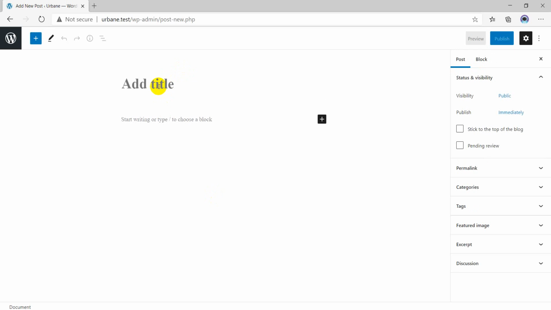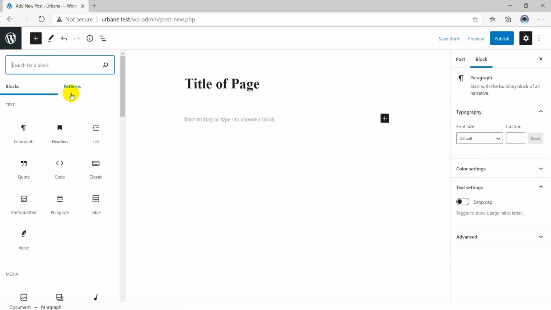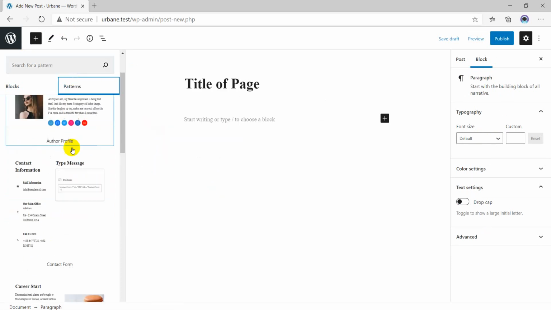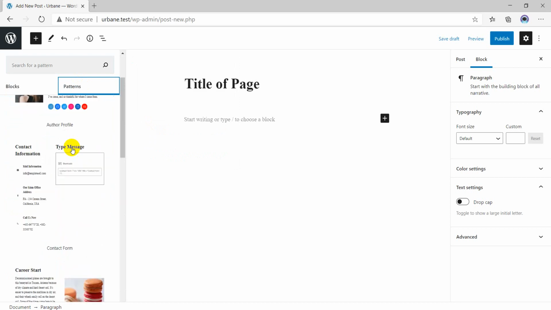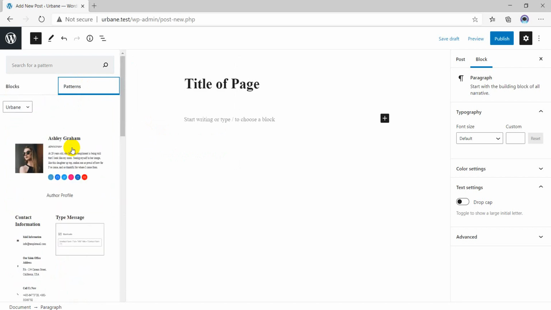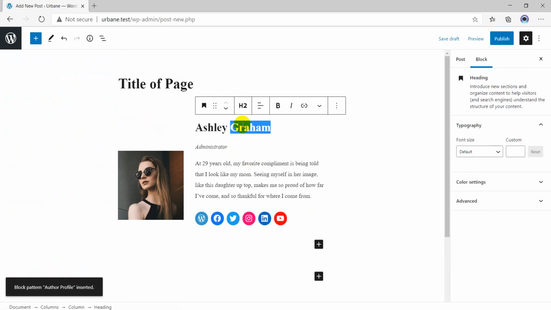For example, give the title of the page, and if you click here, you can see this plus option, and you can check these are the blocks. Probably you know how to use these blocks. If you click on patterns, you also see these are the patterns, right? And you can use this pattern to make the page. For example, if you want to add the author info, you can click on this pattern, and it is the content,